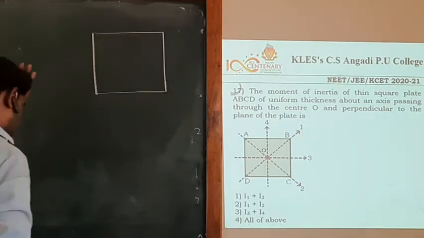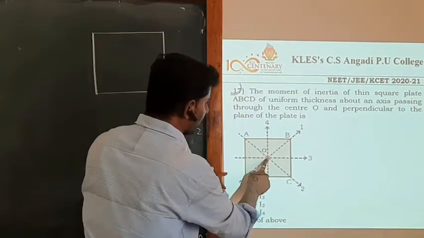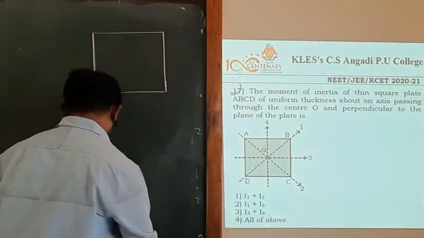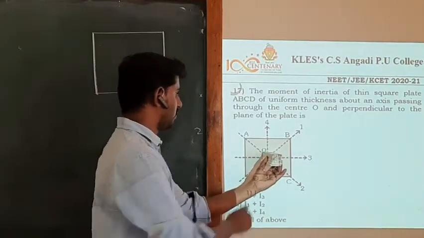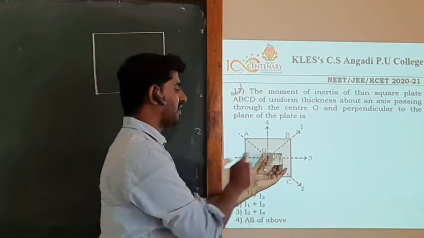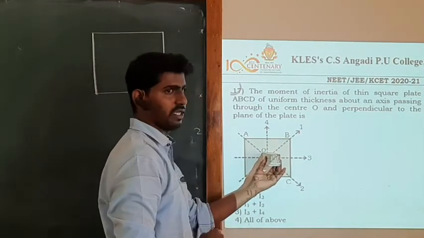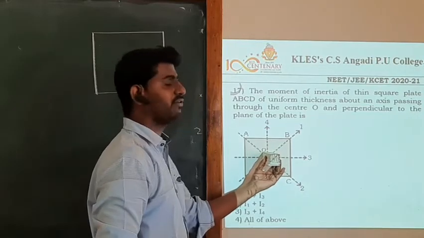We know the perpendicular axis theorem. So what's the perpendicular axis theorem? The moment of inertia about a perpendicular axis. For example, if it is a plane, this is the perpendicular axis to that plane. The moment of inertia about a perpendicular axis is equal to the sum of moment of inertia